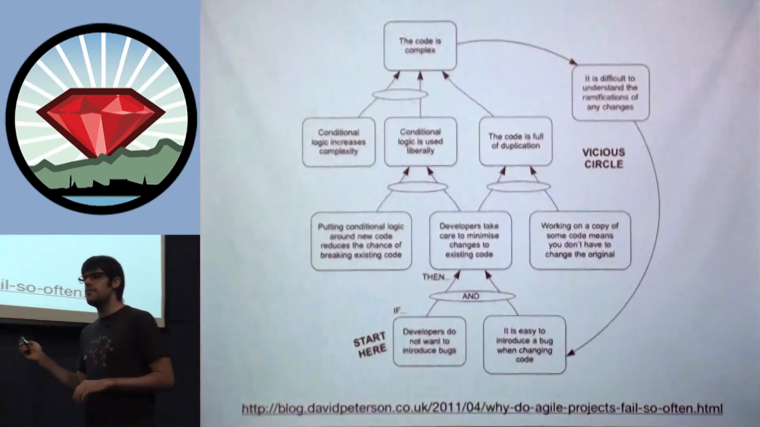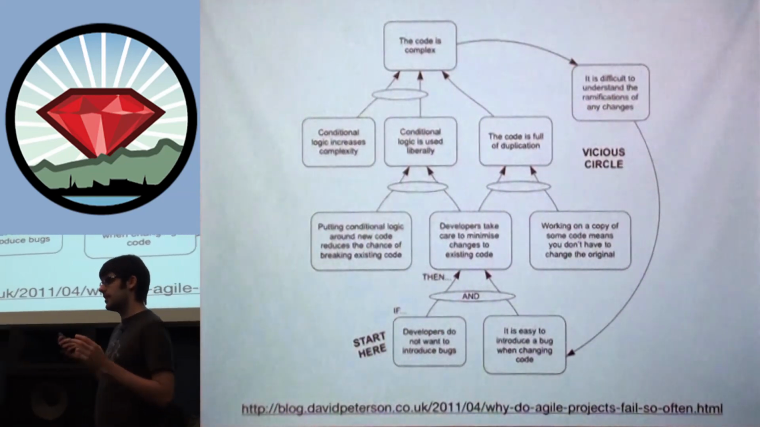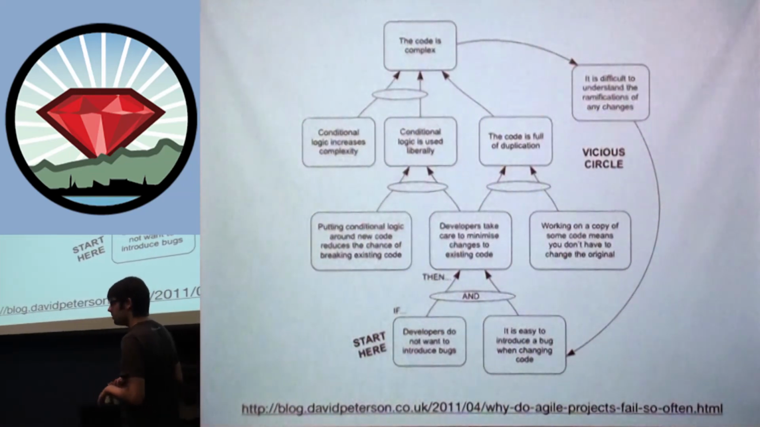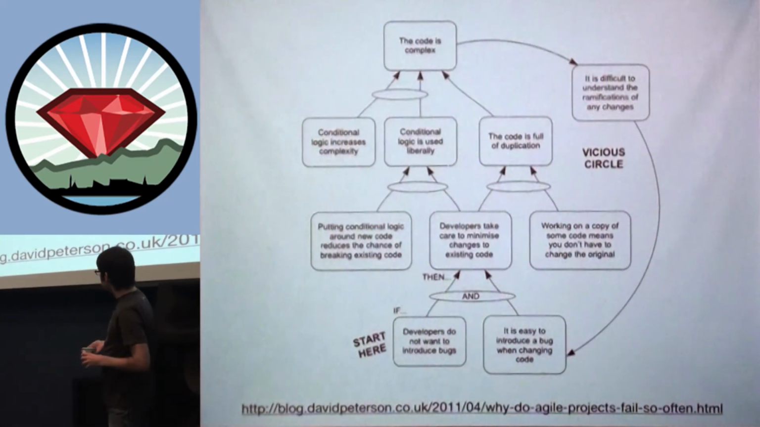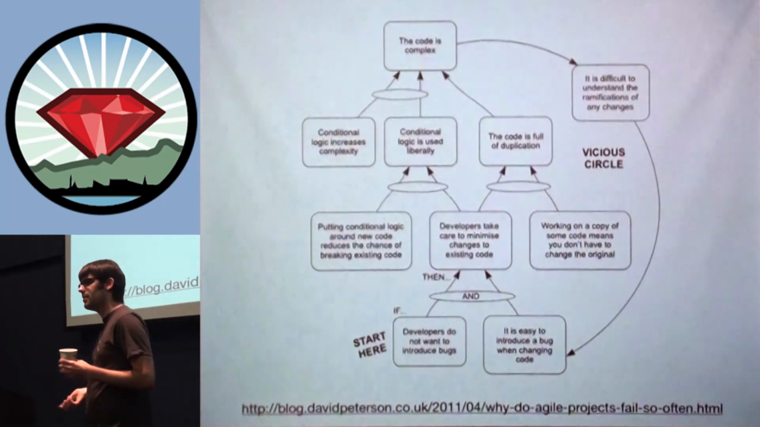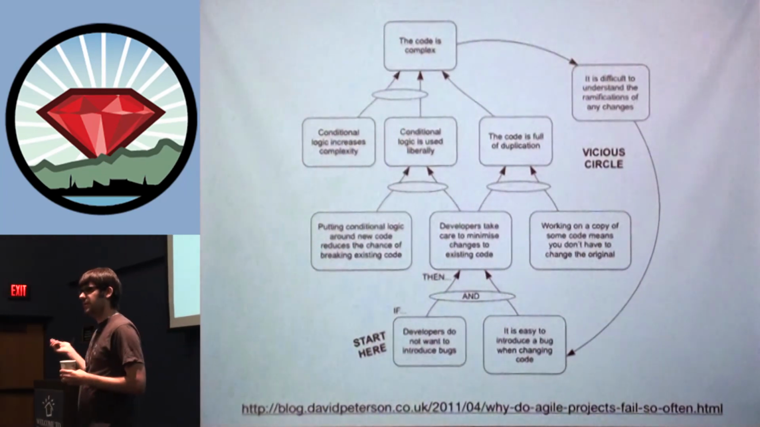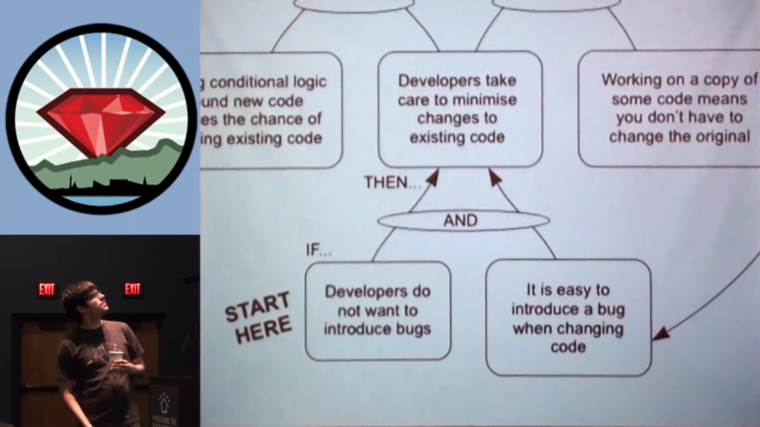So I want to dive a little bit into the specific factors that can lead to an unmaintainable code base at a source code level. This is a diagram that a guy named David Peterson put on his blog a while back. It hasn't gotten much attention, but I really love it, so I want to dig into it now, and you can check it out on his blog with the full post. Basically, if you start at the bottom,